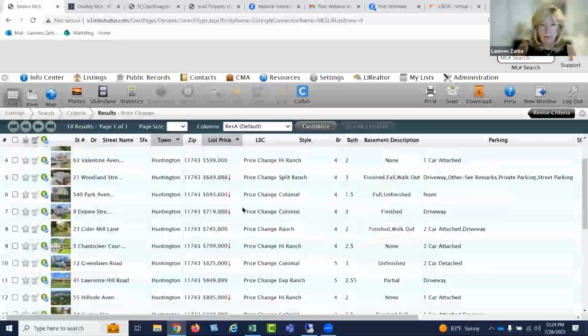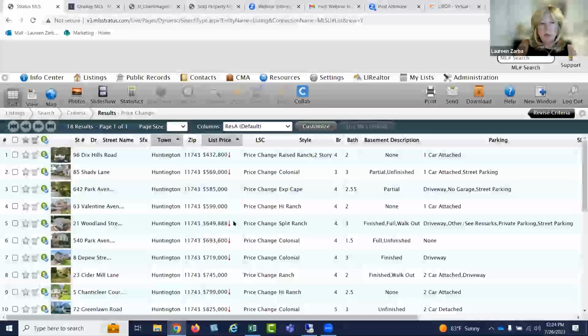Now, what about these here? We don't know what they are. They don't have any arrows, and I'm not sure why they don't have an arrow. I think these might have been recently changed, the price. But here are some things that you can do. I want to know what it was originally. So we're going to put in,